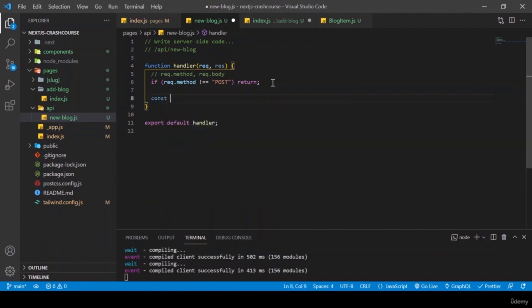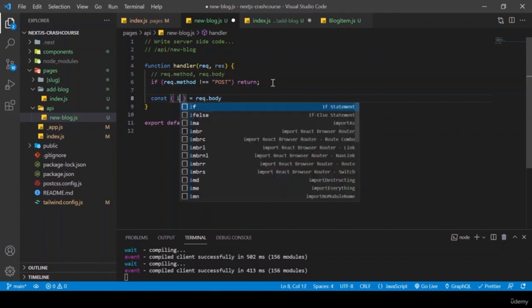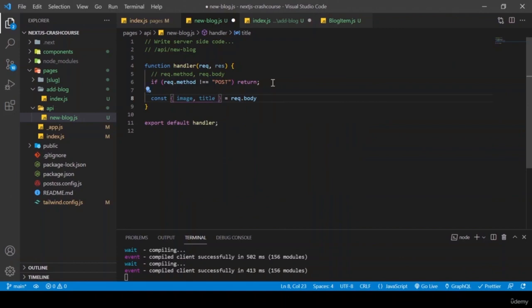Now what we are going to do is destructure the values that we are getting from the form to save in our database. So we are going to use object destructuring to destructure it from the request.body. Now, what are the names of those constants that we are expecting? We are expecting an image, we are expecting a title, we are also expecting, we are going to construct our slug by ourselves at this point in time. So we would not use the slug that we had coded earlier. We are going to expect a description,